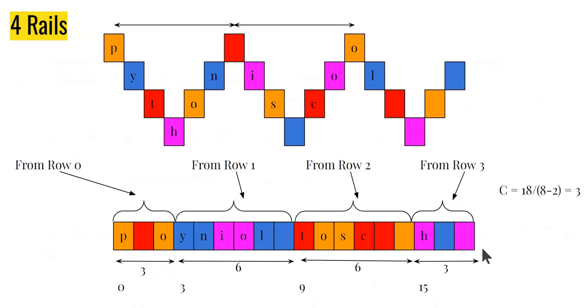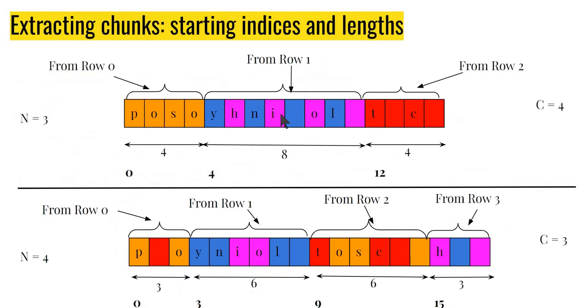And this is again really, you can just go back to this and you can just see it here, right? For example, in the 4 rail case, I got 3 in the first row, 3 in the last row, which means my first chunk and last chunk are 3 and 3. Both of these have 6 and 6 because remember, before encoding we had made sure the length is such. Now what that also means is that the indices for these, so I can extract these chunks with slicing for sure,